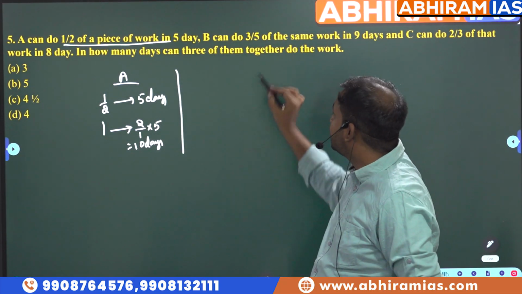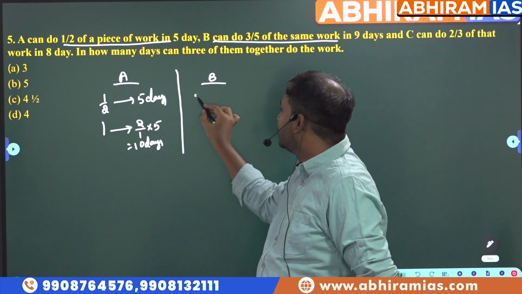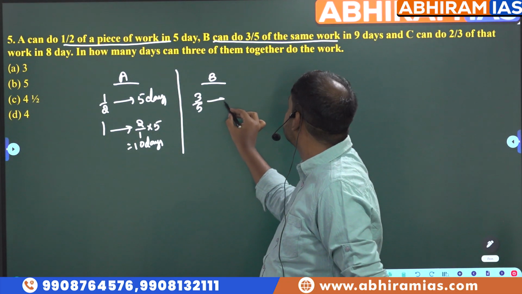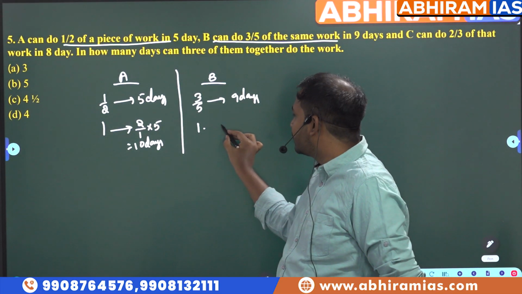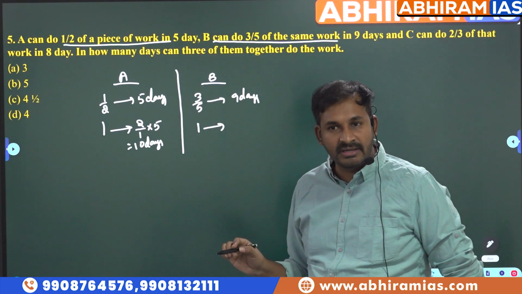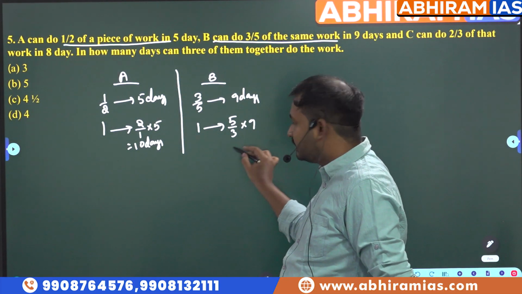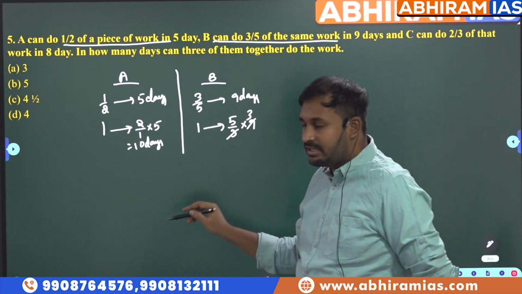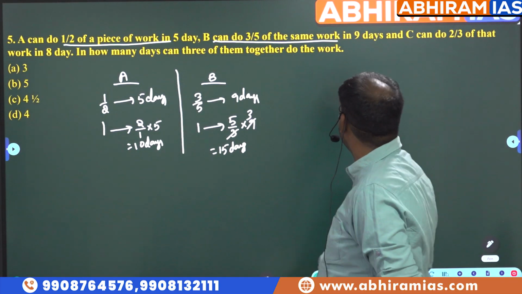10 days. When it comes to B, what are they telling? 3/5 of the work in how many days? 9 days. That means for one complete work, when you send 3/5 to the other side, it will become 5/3. 5/3 into 9. So that means B can do the complete work in how many days? 15 days. And C can do